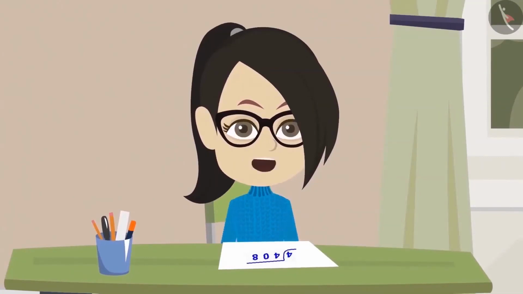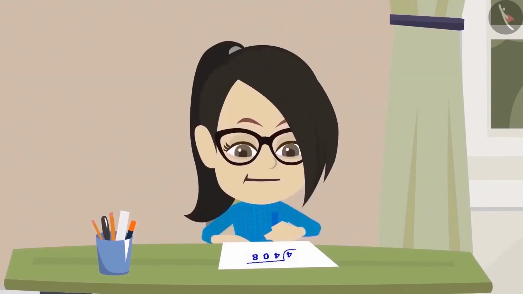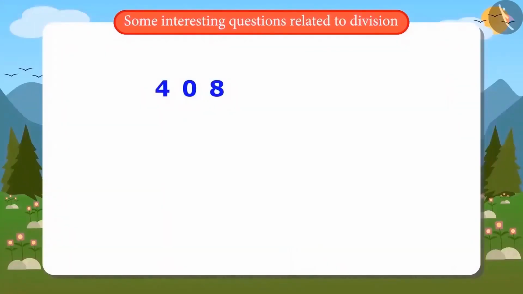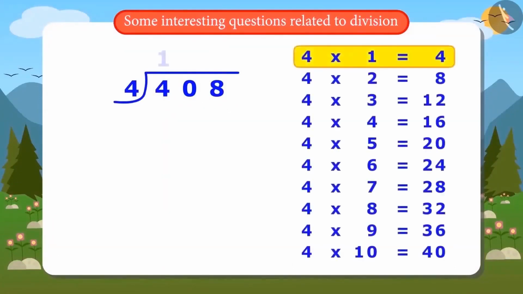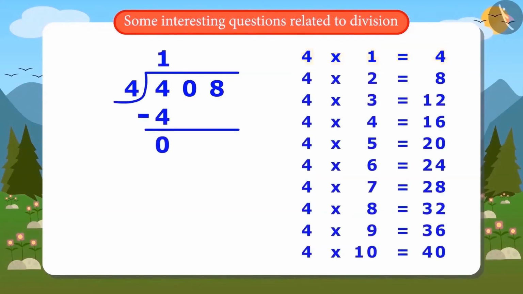We have already learned how to divide 5-digit numbers. This is just a 3-digit number. So solving this will be very easy. Let's solve this now. First of all, I will write 408 and 4 like this. Now we'll start dividing. 4 ones are 4. Remaining is 0. Now write down the next number 0. Hey, this one is also 0.